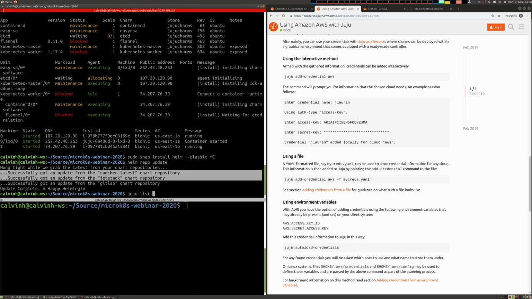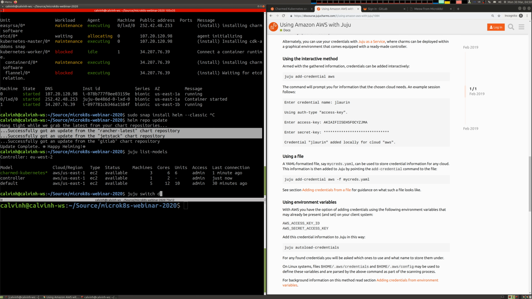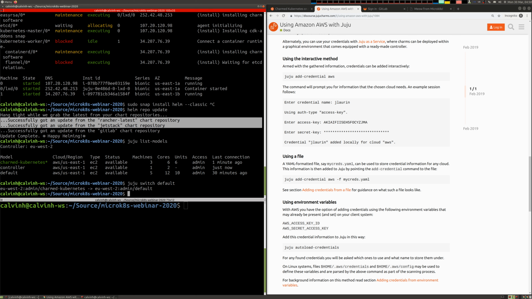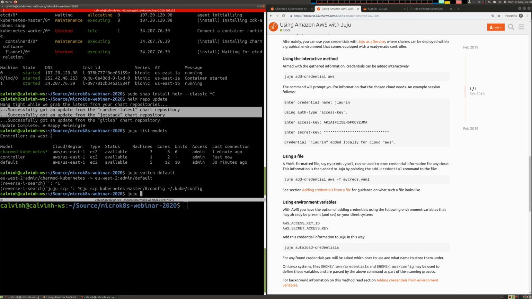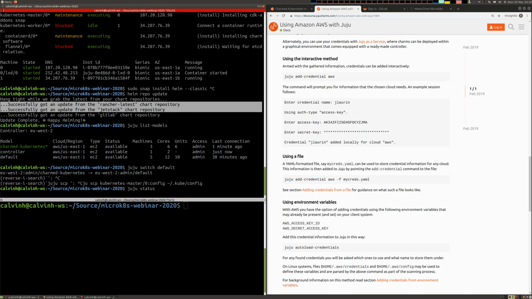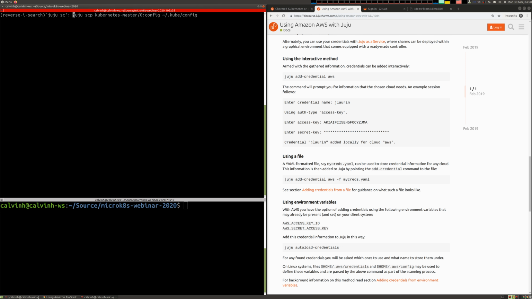And what I'm going to do is just list models again. So I'm going to switch over to my default model. This is the cluster I've already built, but once the Kubernetes cluster is built, I'm ready, so I can just show you what that would look like. It would look a bit like this. So you can see here there's a couple extra nodes in this cluster, but that's basically what it looks like. But once it's all green like that, you can then interact with the cluster by using the kubectl config command line tool,